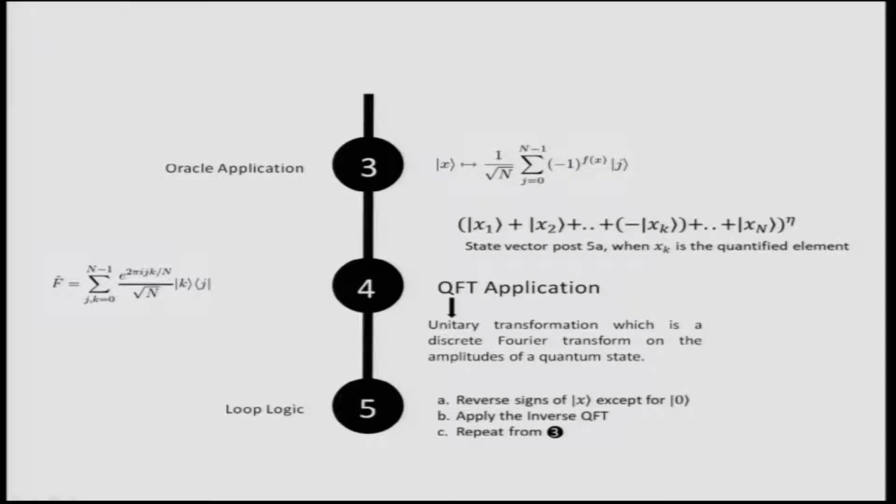Each of these states will then undergo the interactions as we have discussed before, except that the reversal of the states that we now do in terms of these, as we have discussed, is going to work for all except the 0th state, and we apply the inverse of QFT and repeat the loop from step 3 where the oracle application process starts. So, this loop continues,